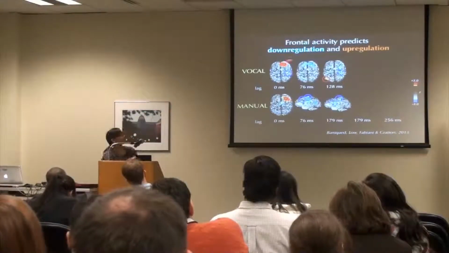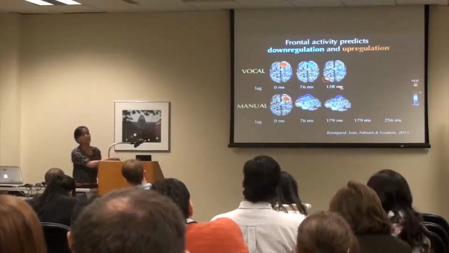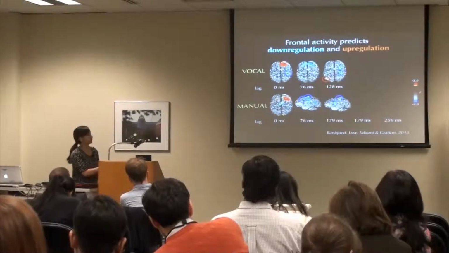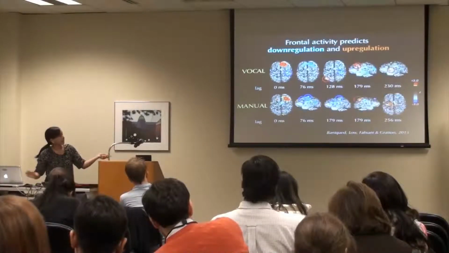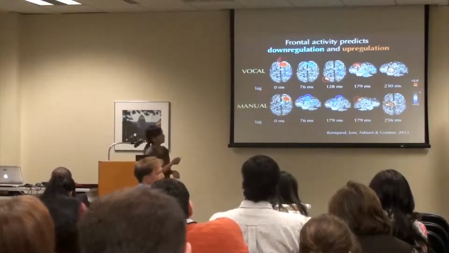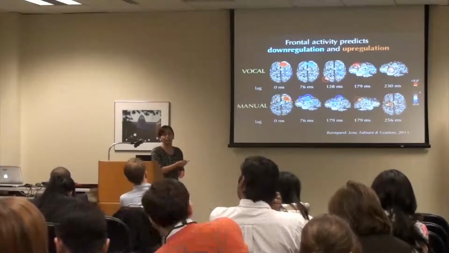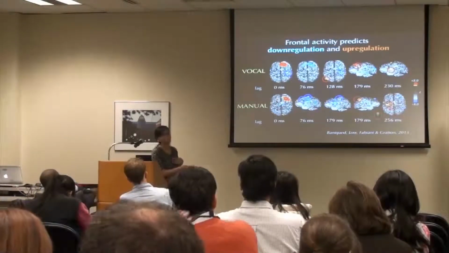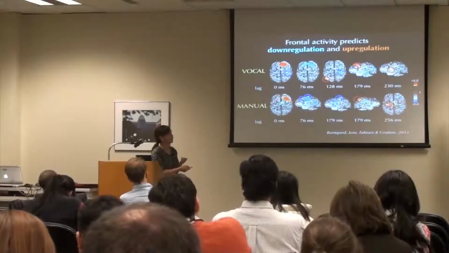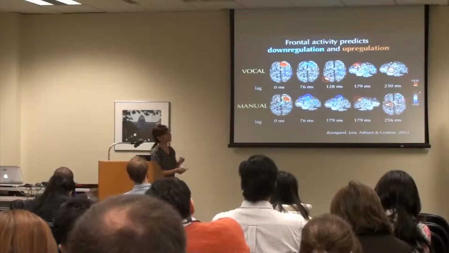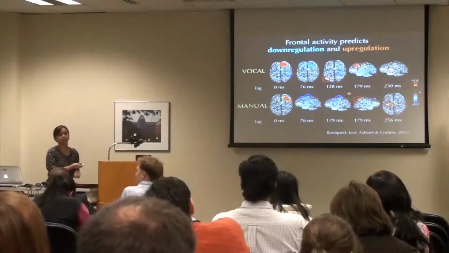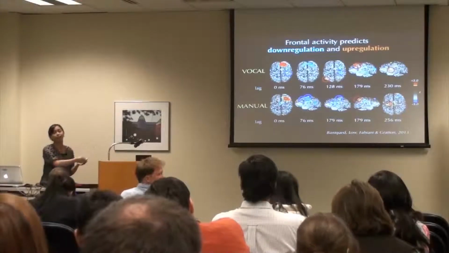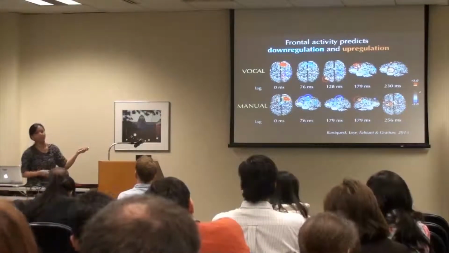So it's as if when this right frontal cortex is active, it then leads to downregulation of regions that are not important for the current trial, but were important previously. And then in later lags, what we see is that for the vocal condition, we see upregulation of regions that are important for vocal or speech production. Similarly, for manual, we see activation of regions that are important for responding with your hand, which include the hand area of motor cortex. So here, just to summarize, what we see is upregulation and downregulation of activity, but first downregulation, then upregulation in response to activity in this frontal area.